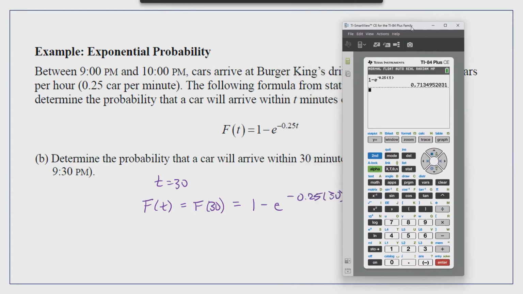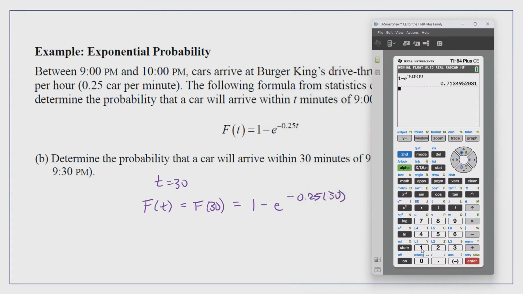Okay, so I'm going to enter in exactly like I see it. So 1 minus e to the power negative 0.25 times 30. Enter. And I get